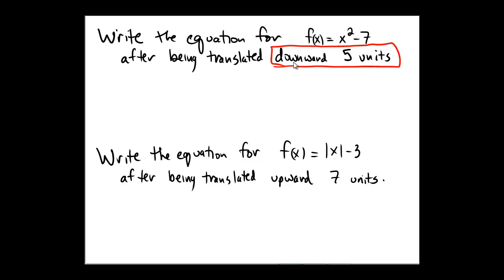Now we have to give it a different name, so for simplicity's sake, I'm going to call this one g of x because it's the letter that comes after f. To perform a vertical translation, we take the original function, x squared minus 7, and then a downward shift would be to subtract however many units off of the end. So you get g of x equals x squared minus 7 minus 5,